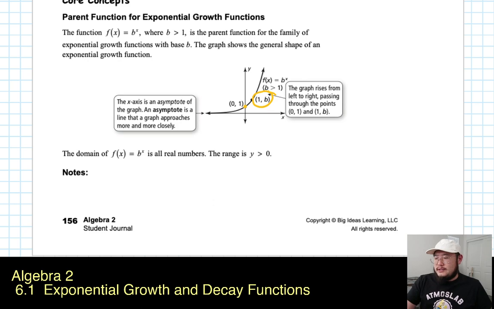The x-axis right here on the left-hand side, it says the x-axis of the graph. An asymptote is the line that a graph approaches more and more closely. But once again, I say, hey, it's not going to intersect. The domain of this,